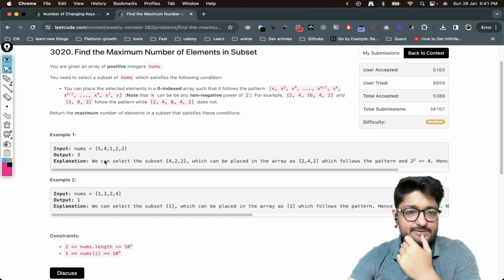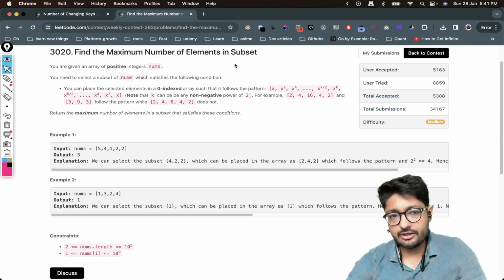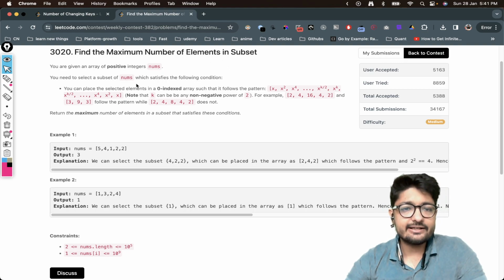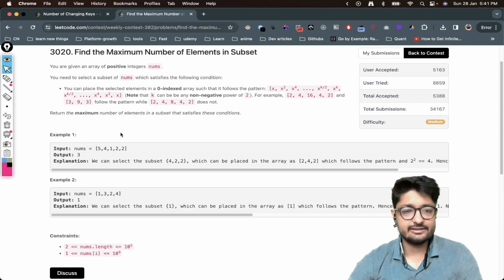So what this problem statement is all about is that you are given an array of positive integers nums, as you can see here. You need to select a subset of nums which satisfies the following conditions. You can place the selected elements in a zero-indexed array in the following pattern. So you have to select a subset, any number of elements,